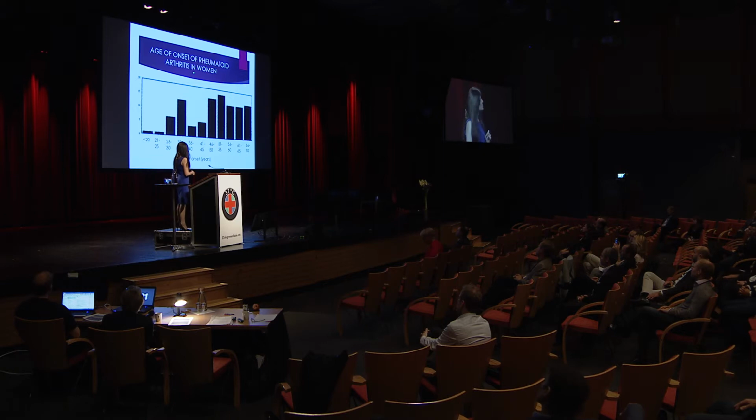So as mentioned, the first part of the PhD was mapping out these hormones. But before I go any further, I'd just like to show you a graph. This shows the age of onset of RA patients, of women with RA. So they mostly get it around the age of 31 to 35 or 51 to 55. And I believe this is related to giving birth and the menopause.